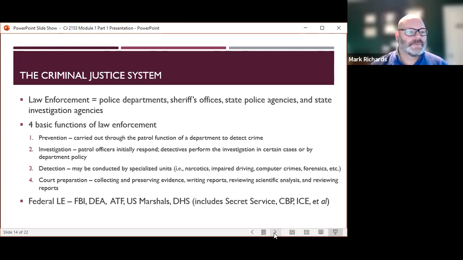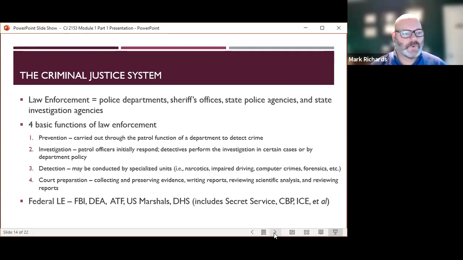Number two is that patrol officers initially respond to matters that need investigation, and then detectives perform the investigation in certain cases or through department policy. The third basic function is detection, and these detection activities may be conducted by specialized units like narcotics, impaired driving units, computer crimes units, and forensics units. And the fourth basic function of law enforcement is court preparation. This is the manner in which law enforcement officials go about collecting and preserving evidence, drafting reports, reviewing scientific analysis,